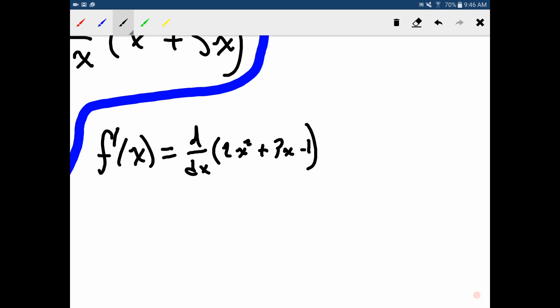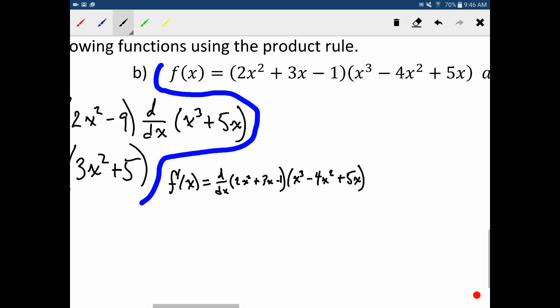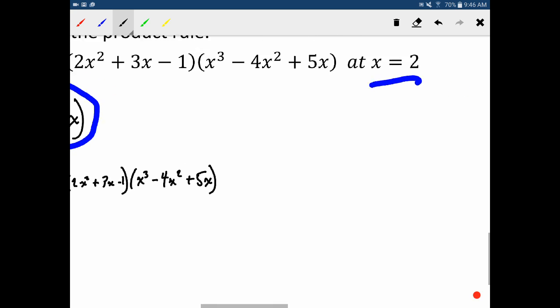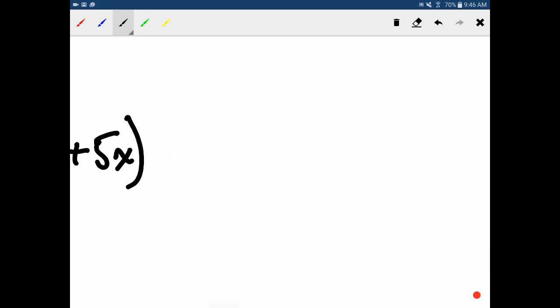Okay, and then we're going to multiply that by the second function, which is x cubed minus 4x squared plus 5x. Okay? And then we're going to say plus,